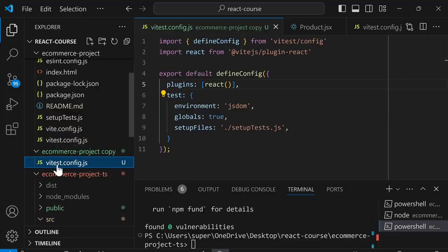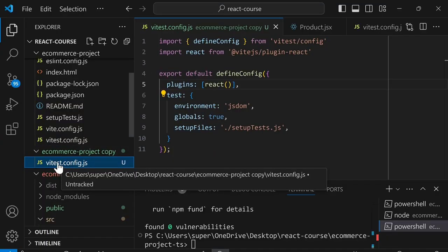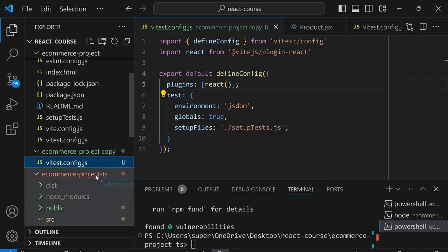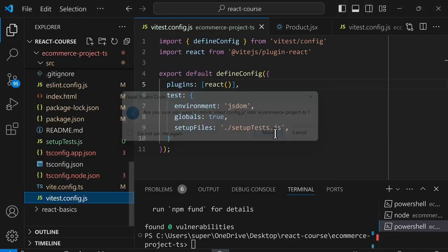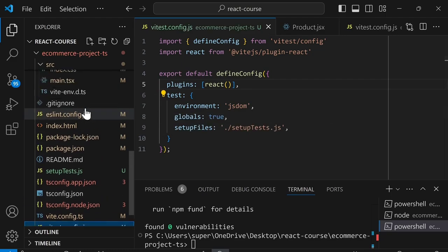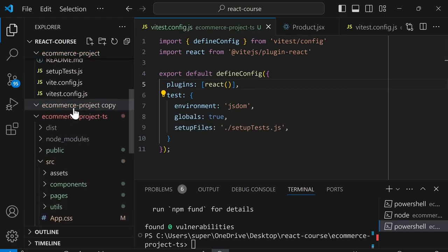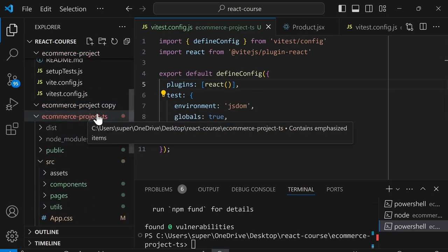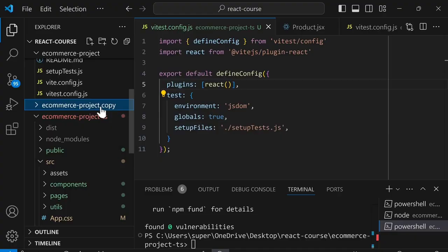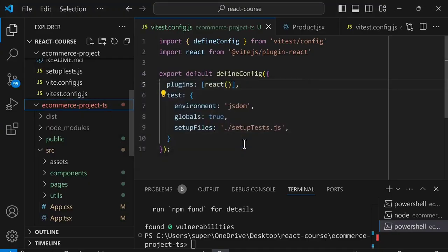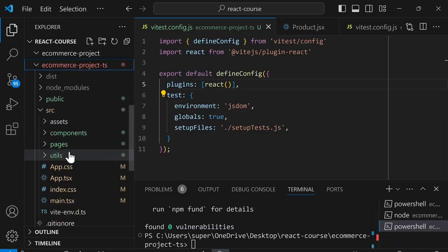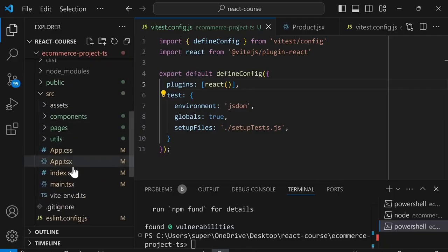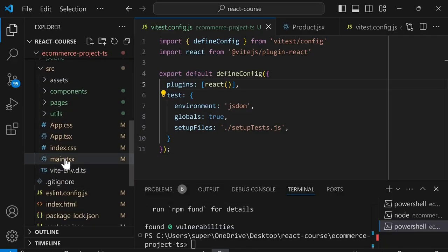And finally, vtest.config.js is new. So we can drag it into the project. And now we moved all of our changes over into the TypeScript project, and I can delete this copy. Next, we're going to go into the TypeScript project, and we're going to fix the errors. First, we'll open main